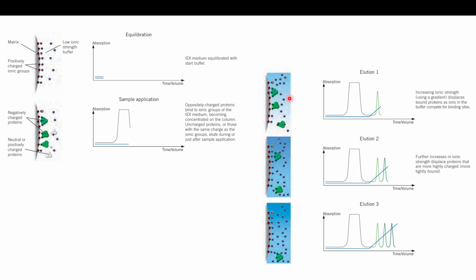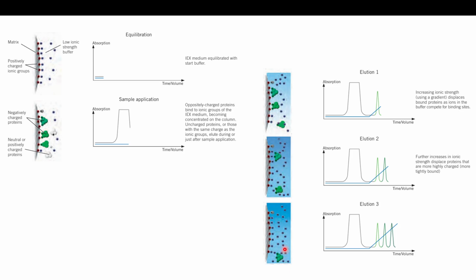It is adsorbed onto the matrix. It has interacted with the matrix and bound to the matrix via electrostatic interactions, like charged interactions. Now what happens is, next you increase the ionic strength of the buffer in question. Basically, it should have a large number of negatively charged ions, which can actually interact more with the positively charged matrix, eventually displacing your negatively charged protein molecules, or your negatively charged molecule of interest, and your molecule,